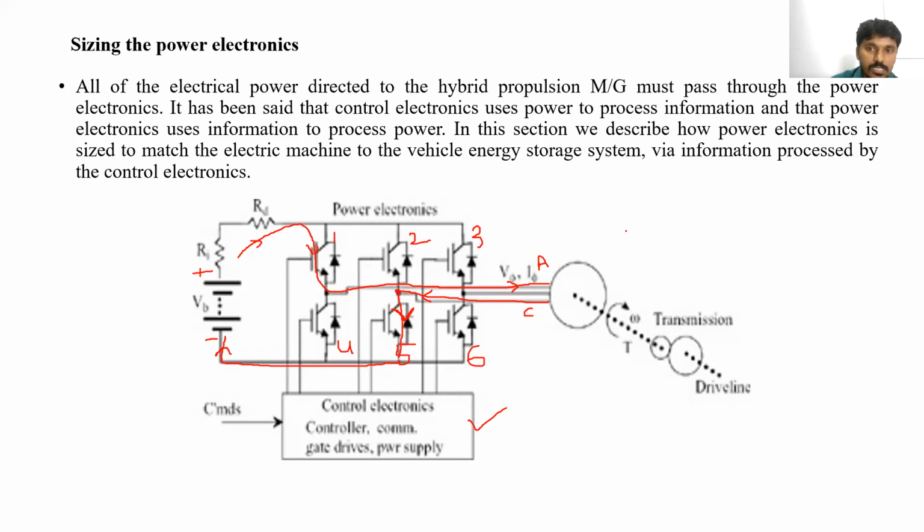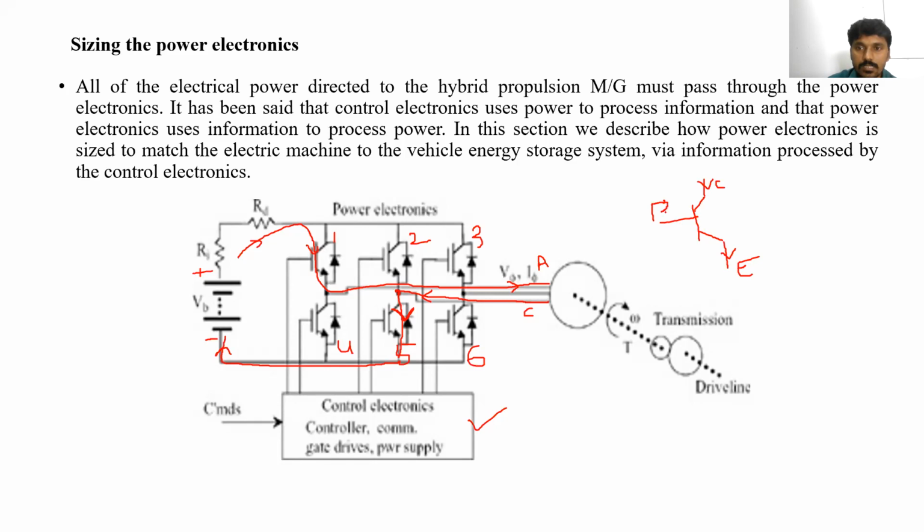For example, we are using a transistor having 3 terminals: base, emitter, collector. Until and unless the base terminal is getting the voltage, the transistor will not be turned on. So if this is a transistor, in order to flow the current from collector to emitter, this device should be turned on.